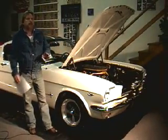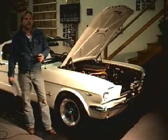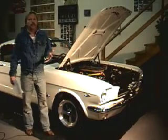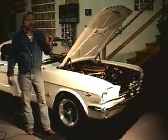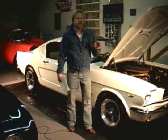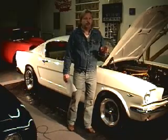I love the Fastback Mustangs. These cars right now are one of the fastest appreciating muscle cars out there. 65, 66, 67, and 68 Mustang Fastbacks. They're hard to come by. They're awesome looking cars. This one is exceptional because this car, even though it's a Shelby replica, was born Wimbledon white